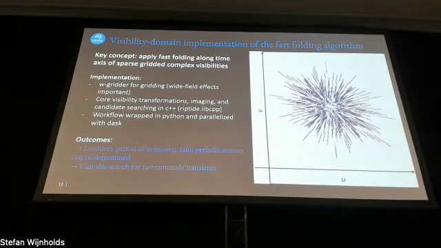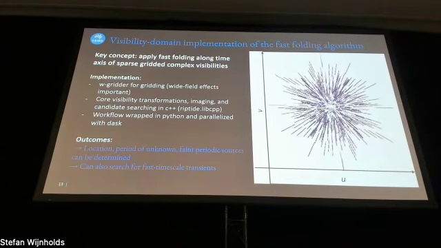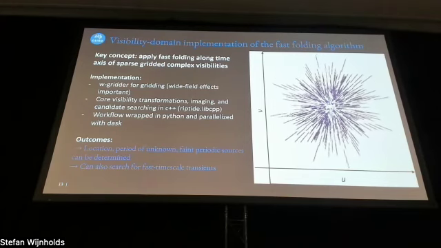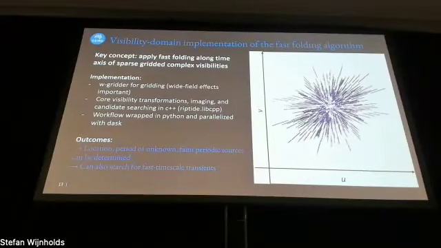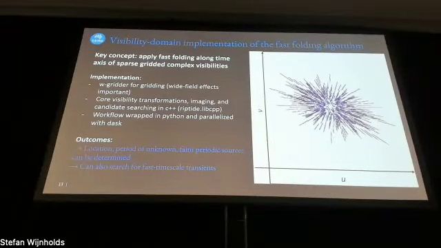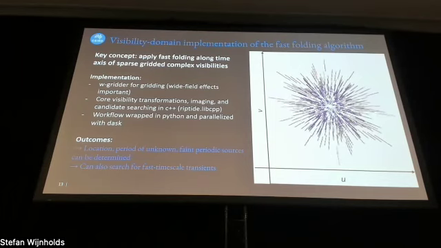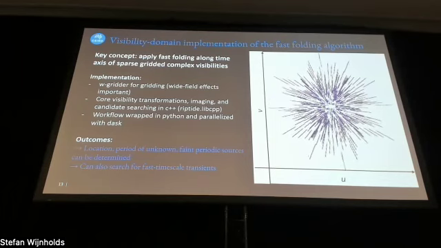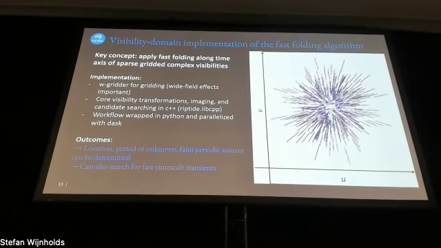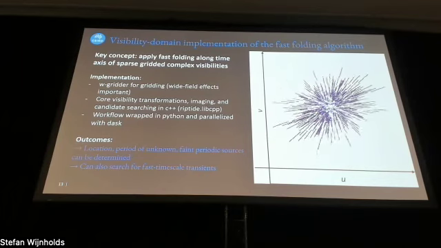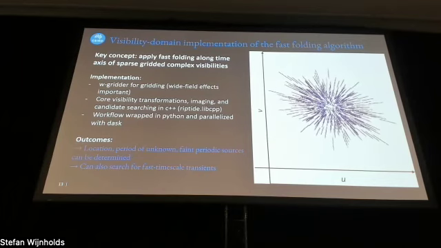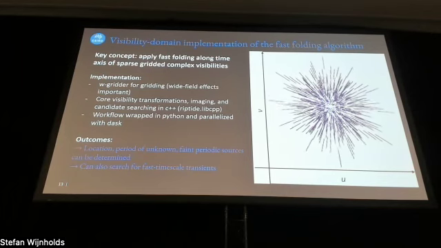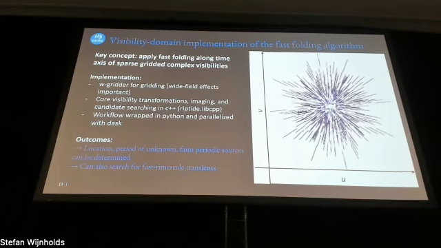So just in terms of implementation, we're trialing this now with ASKAP data. This movie is made from a 10-hour track on ASKAP from the EMU survey. We're using the W-gridder for gridding to handle wide-field effects, which are important here. Using a library called Riptide, which has the core implementation in C++, wrapping that around in Python and parallelizing it